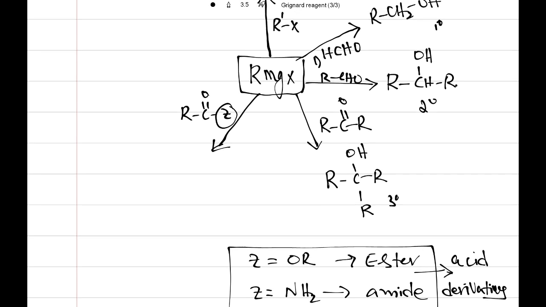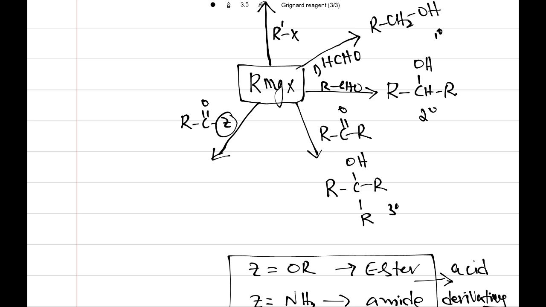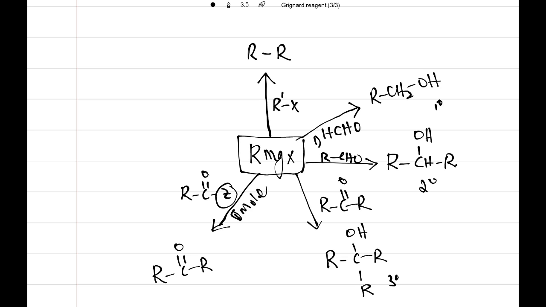Okay, right. When it is reacting with these acid derivatives with 1 mole of Grignard reagent, this is very important. If you use 1 mole of Grignard reagent, we can get the ketone, so ketone formation takes place. When it is reacting with the same acid derivatives, RC double bond OZ, but here I am taking 2 moles of Grignard reagent, we can get the tertiary alcohol.